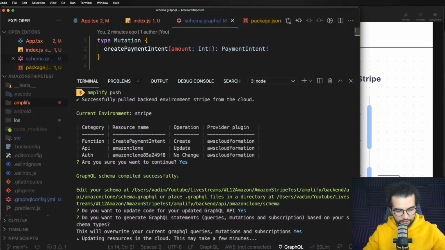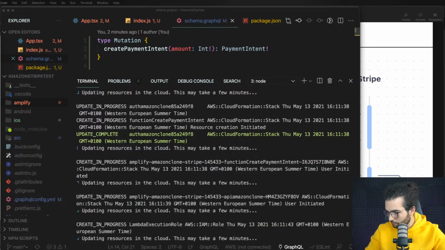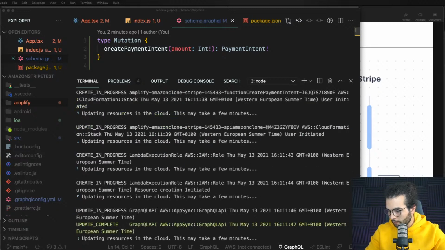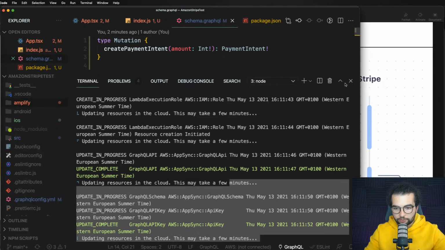This will overwrite. Okay, while it updates in the cloud,